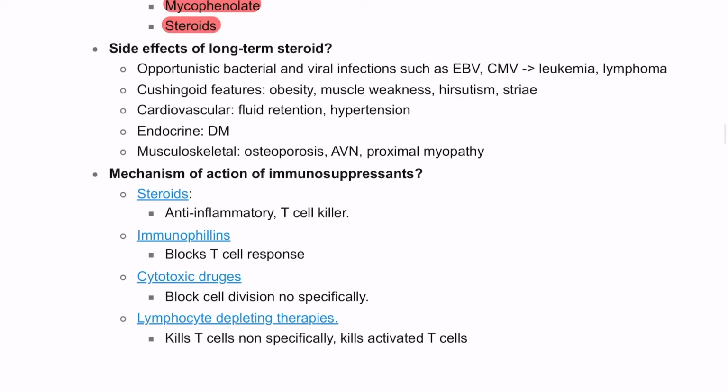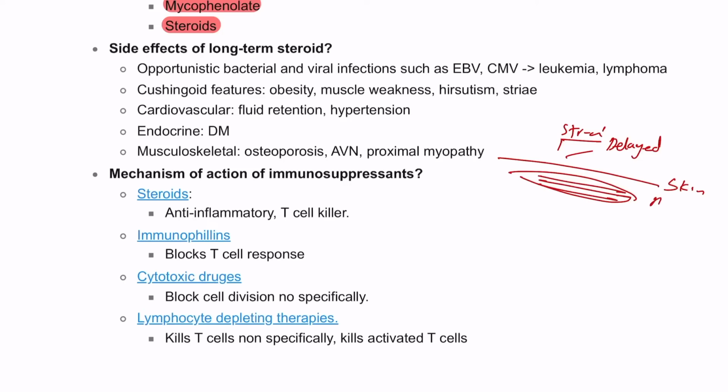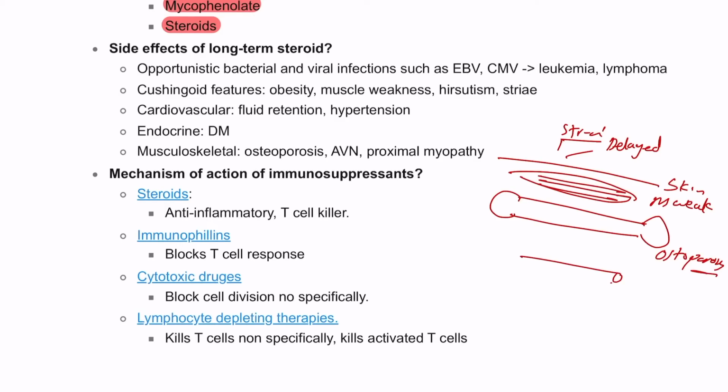So the way I remember the side effects is, I will start from the skin. So the skin, you can have striae and delayed wound healing. The muscles, after that, you can have muscle weakness. After the muscles, you have the bone. So the bone, you have osteoporosis. Okay. Inside, you have the blood vessels. That reminds me of hypertension. Okay. And also the fat surrounding the muscles, you will have truncal obesity,